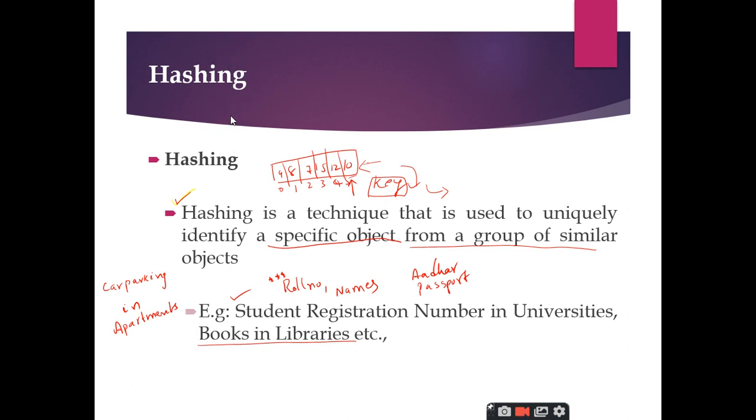So the main purpose of the hashing mechanism is to make an efficient searching process, right? You can always say that the search operation has a time complexity of big O of 1. What do you mean by big O of 1? Anybody please respond? We have only one operation that is performed to identify that particular element, right?